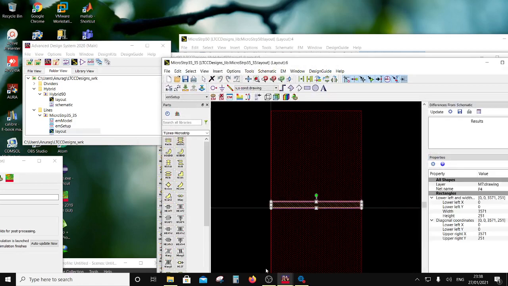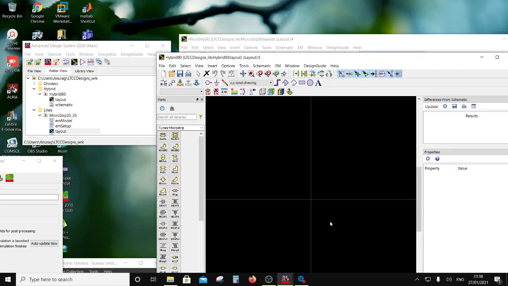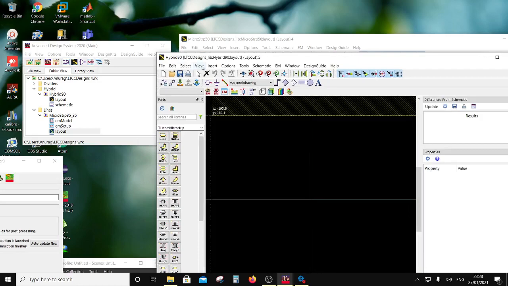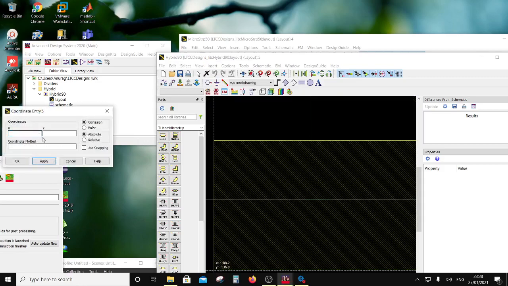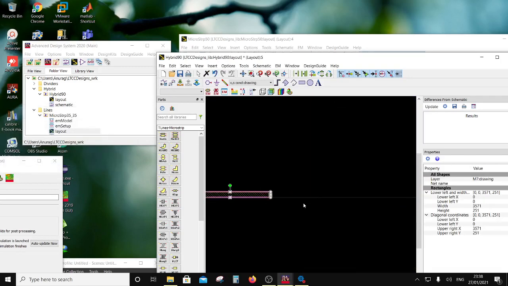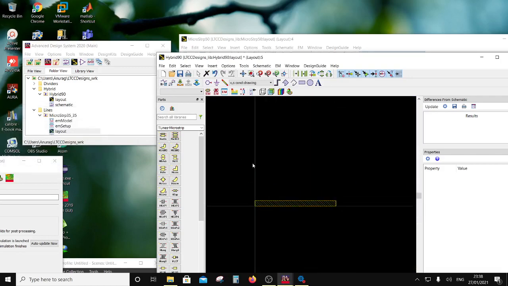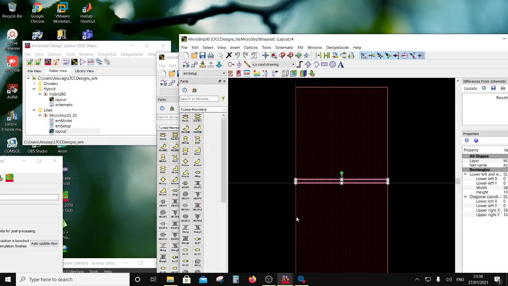So I'm going to copy this one, Control C, and I'm going to paste this, Control V. So I'm going to say insert coordinate entry, and I'll paste this as 0 0, the corner to be at 0 0. Say OK. So this is a 35 ohm line. Next I'm going to take a 50 ohm line. So I'm going to copy this, Control C,